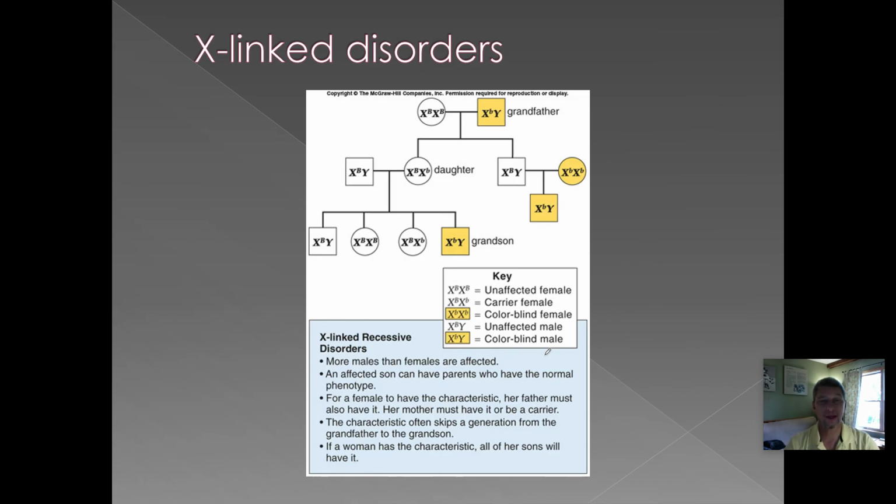Now, this is a pedigree that illustrates how an X-linked disorder might be passed on. In this case, we have 3 generations, and the grandmother is homozygous dominant, but the grandfather is what we call hemizygous. He only has one X chromosome, and it carries the recessive allele. They pass on their genes to their children: a daughter who is a carrier because she inherits the X-linked recessive allele from her father,